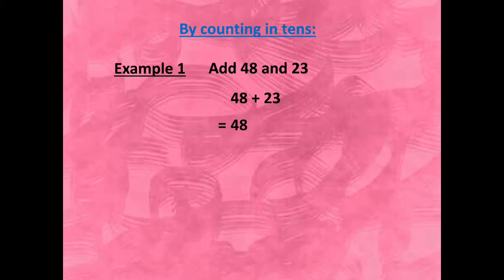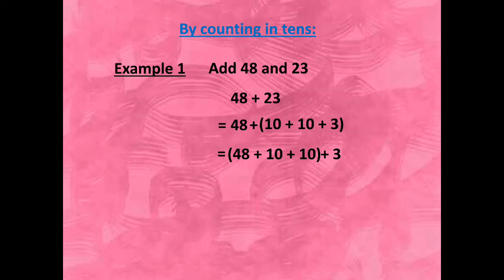Now 48 means plus 20 how many times? 10 plus 10 plus 3. That means 23 is 20 plus 3. 20 means 10 plus 10. Now 48 plus, we will take all the 2-digit numbers in one order, that is 48 plus 10 plus 10 and the remaining 3. Now 48 plus 10, you have to count in tens.